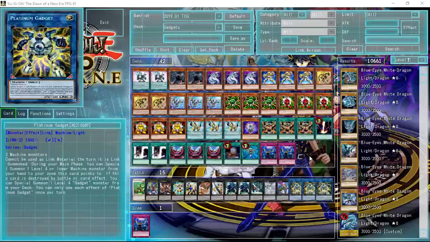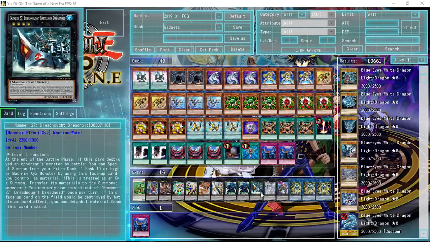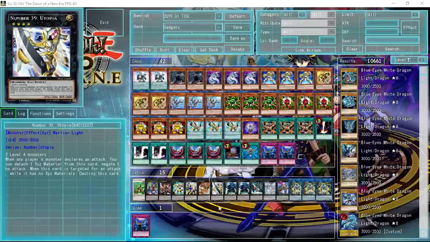This is gadgets. I feel like I could take out this guy and then this guy, and maybe Utopia the Lightning and Utopia, and then I added more rank 4s, but I don't know what I'd add in because I feel like Great Magnus is really good, and Utopia the Lightning also is really good